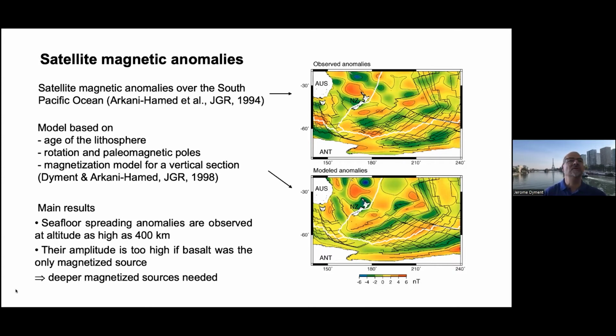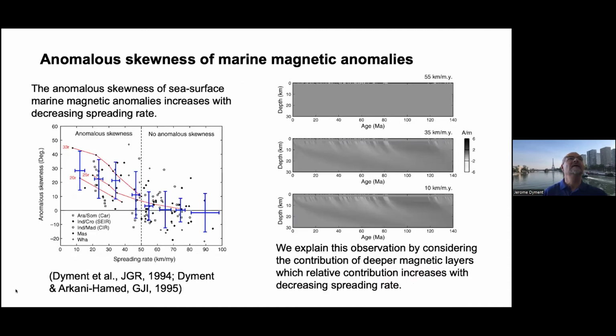And so if it cannot be the basalt, it means that we have deeper sources, and this model was actually computed with deeper sources. A second observation comes from the anomalous skewness of marine magnetic anomalies. That is, the shape of the anomaly is not exactly fitting the model, but is more consistent with something that is slanted in depth. And this could be either the field that is showing some asymmetry during the evolution of a reversal,